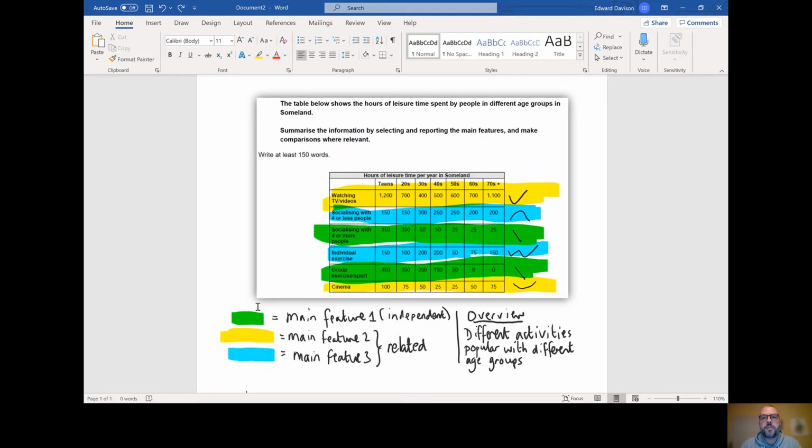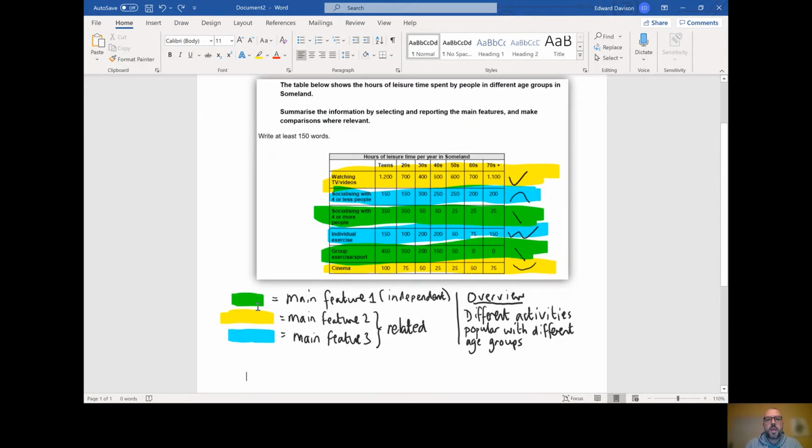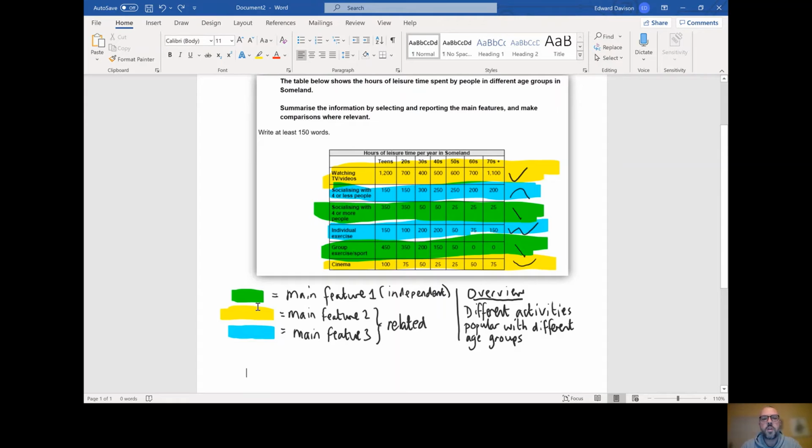We need to write 150 words and we've got 20 minutes to do all of our planning and to do the writing. So we've done the planning already and I've marked up here how we decided to divide the 3 main features. So as you'll see, the green is the independent feature. That's the feature that we're talking about on its own because it's those activities which fall in popularity as people get older. And then we're going to talk about the blue and the yellow together in the same paragraph because